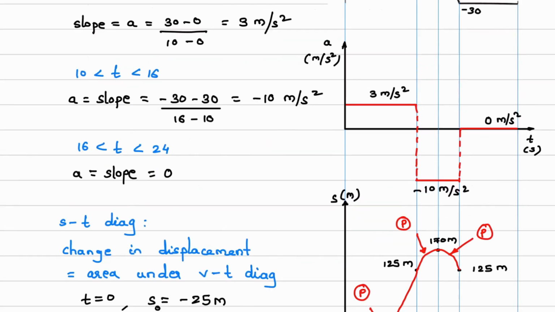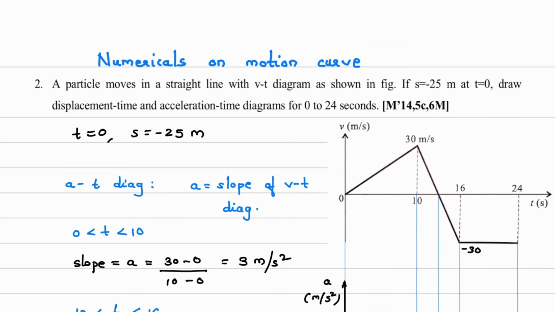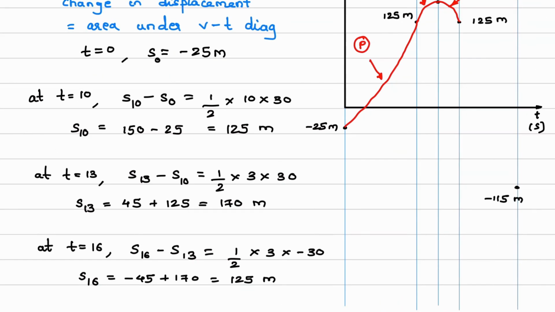Now the last part, velocity is constant. So how to draw this now? V is equal to ds by dt. Velocity is constant, so the slope should be constant. So that graph will be linear, and since this is in the negative direction, the slope will be negative. So we'll draw that part now.